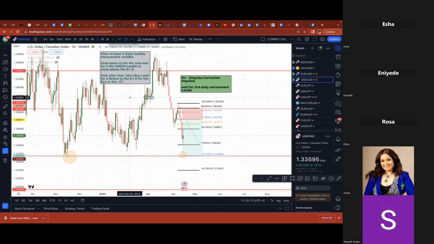I just wanted to reiterate that it's just a confluence to what we're already learning, so don't think it's a whole different thing. Maybe you don't understand imbalance as much, or you're not getting the imbalance thing, and you don't have time to sit on the charts and see how far up price may go, or how far down price may go. Just wait for this entry here on the ICI movement.